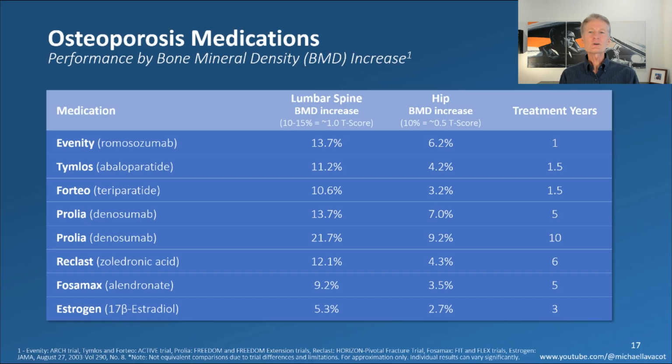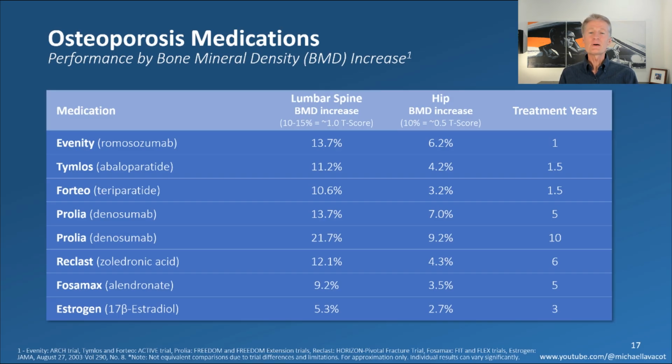All right, so I put together a chart, and this chart is based on the major clinical trials for each one of these drugs. So first we see, as an example, Evenity. Evenity is kind of the quickest acting, most powerful type of osteoanabolic drug. And you can see you pick up about 13.7% on average in the lumbar spine, 6.2% in the hip, all in 1 year. So this is a great drug if you're in that high risk, high fracture zone to get out of it quickly, which is what you want to do before you break.